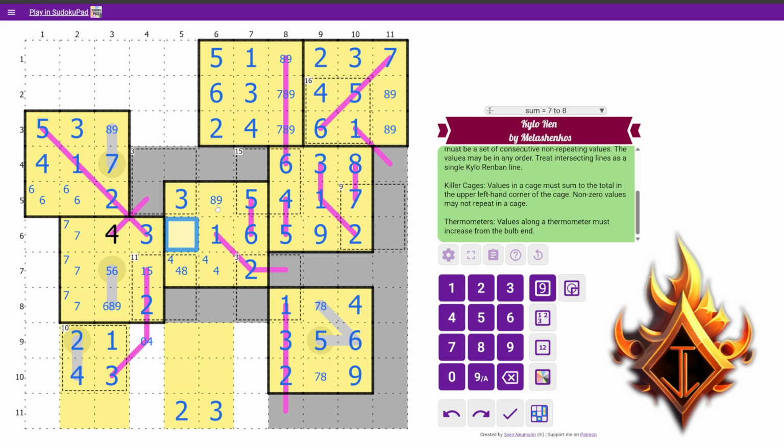And here, 1, 2, 3, 4, 5, 6, 7, 8 or 9. This can also be 4, 7, 8, 9. It's 4, 8 only. 4, 7, 8, 9. Or no, this one's just 7, 8, 9. But